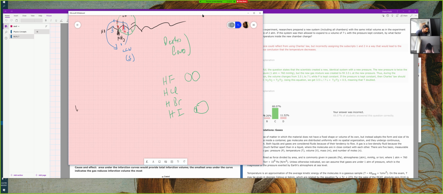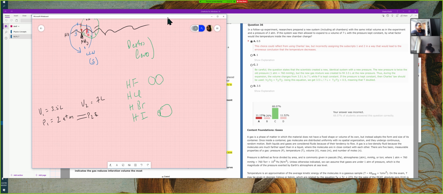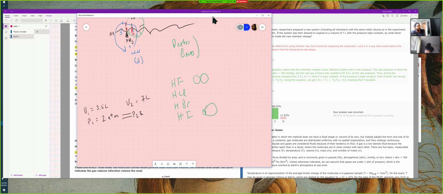So V1 is equal to 3.5 liters. Pressure 1 in the new experiment is 2 atm. The new volume is 7 liters. The new pressure is also the same as before. So we're not going to use the pressure part. Now, by what factor would the temperature inside the new chamber